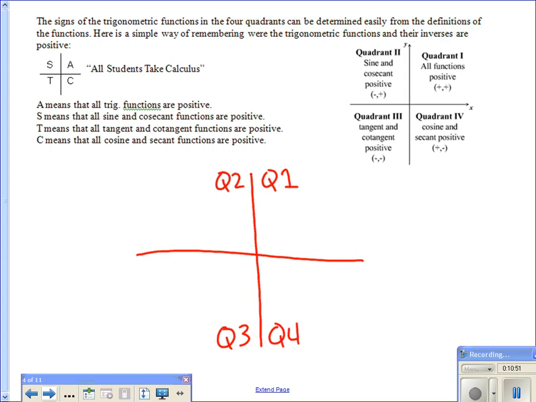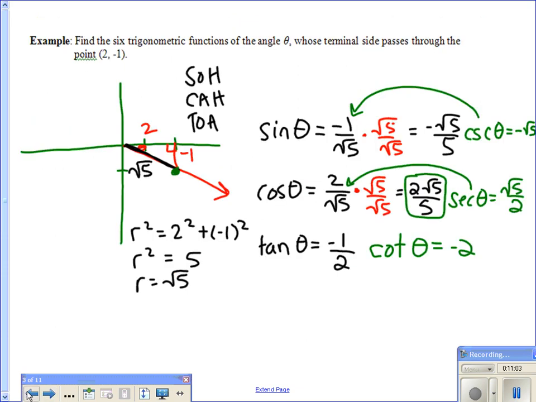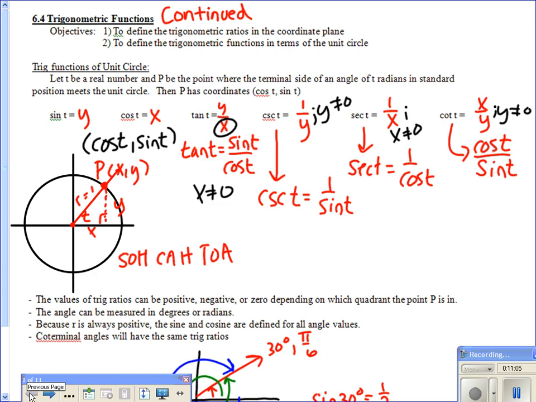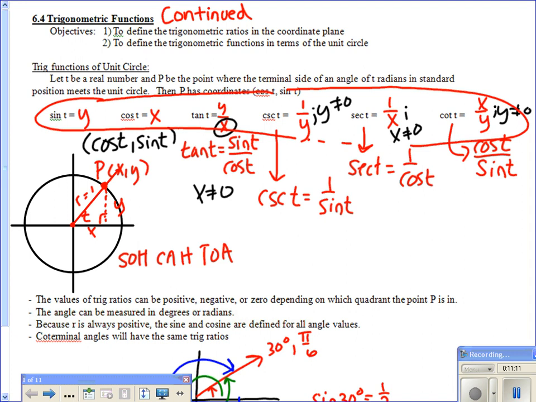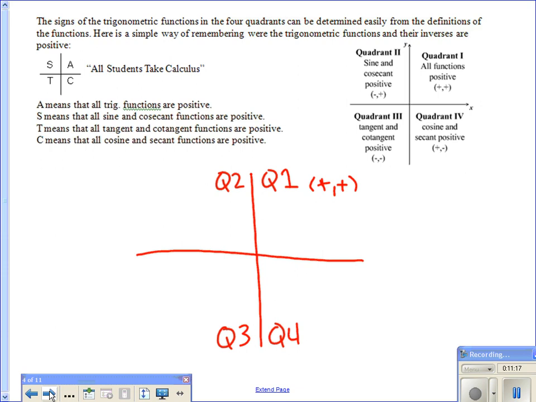Remember that in the first quadrant, your x and y values are both positive. If you go back up here, remember that for these values, we're using x and y. So we're looking at all of this right here and trying to figure out whether it's going to be a positive or negative trig function by looking at those signs. In this first quadrant, all your trig functions are going to be positive because x and y are both positive. So cosine theta is positive, sine theta is positive, tangent theta is positive, and that means the reciprocal functions